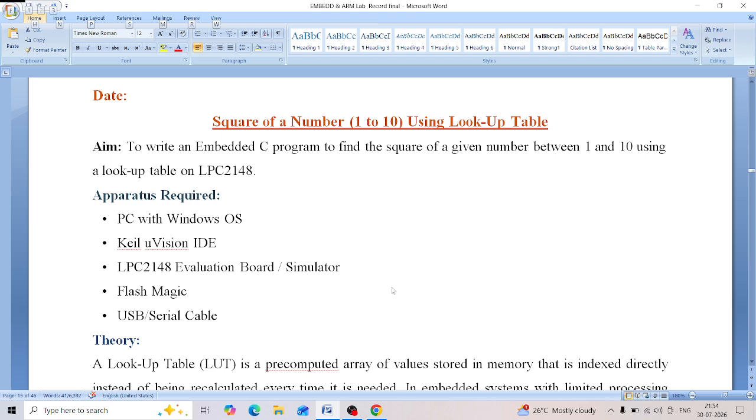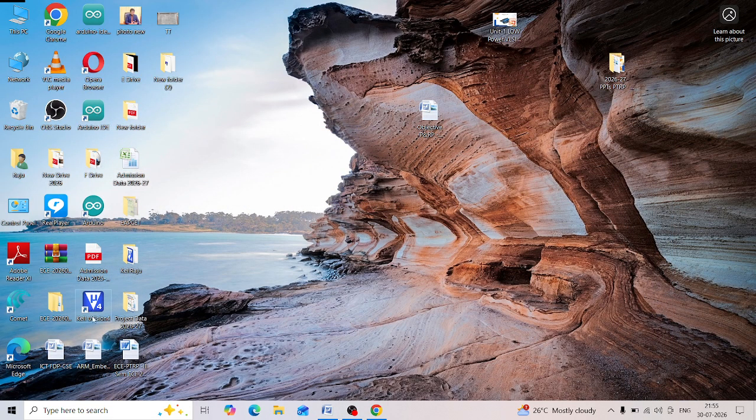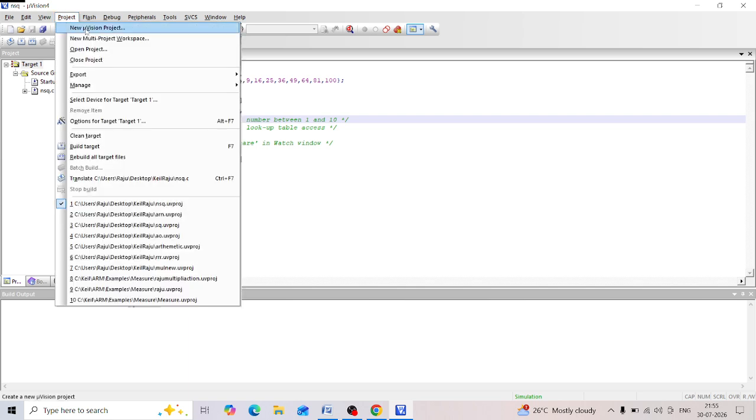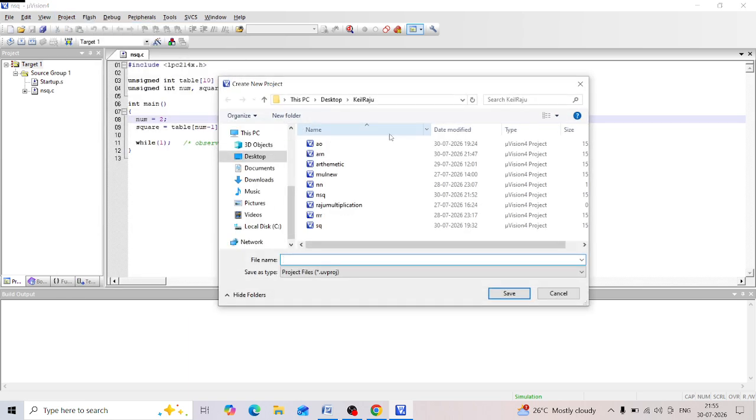I will explain about the square of a given number using Keil Microvision IDE. In that it is LPC2148. For that, we need to have the Keil software Microvision. So just download and install that. Then click on Keil Microvision, and after this go to Project, New Microvision Project, and here we need